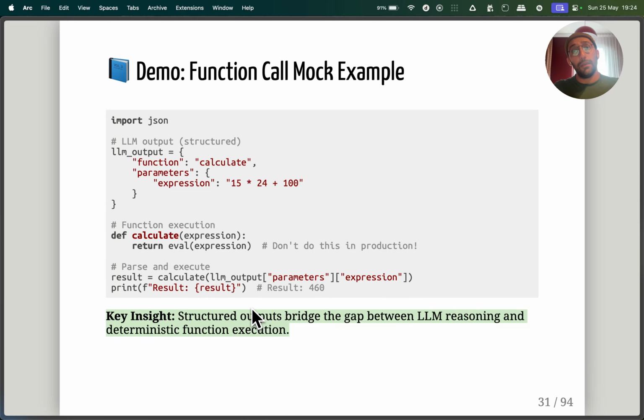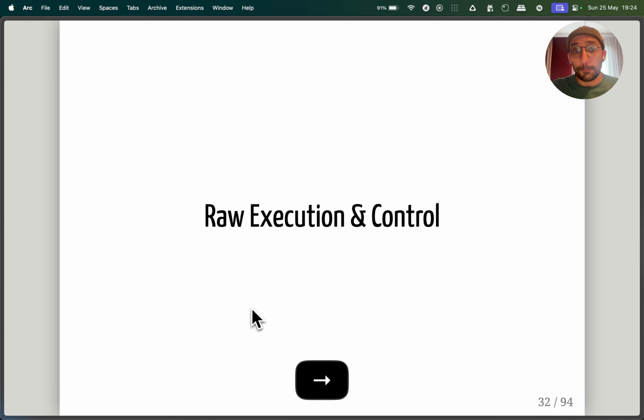But we can enforce structure in the output of the model, and then we write the functions ourselves and make the situation a little bit more deterministic, right? So first idea, I hope it's clear so far, right? We've talked about function calling with hacks, right? The model outputs something that we can parse and then execute. And then structured outputs add a little bit more structure and rigidity and determinism to the situation.